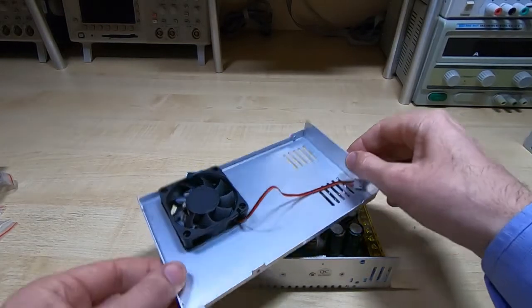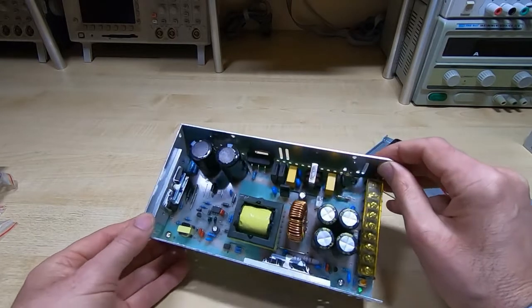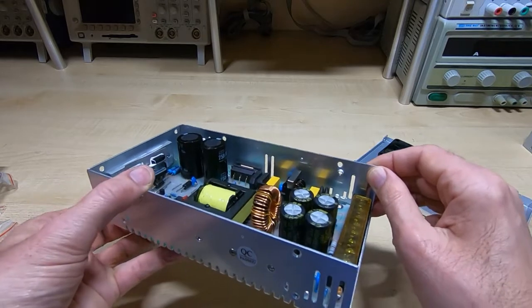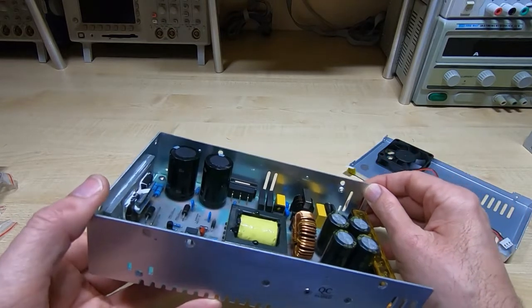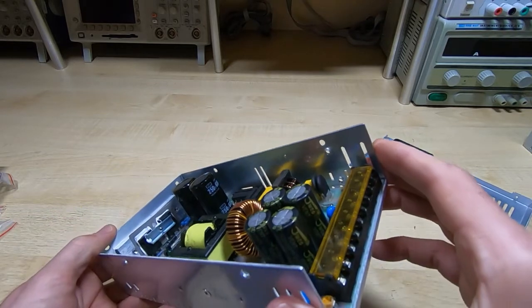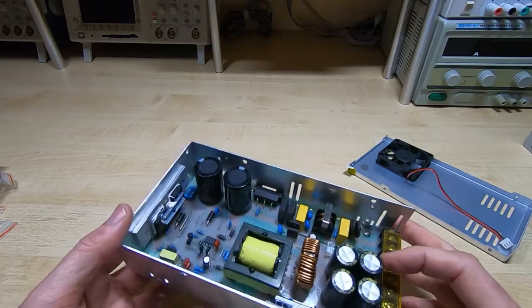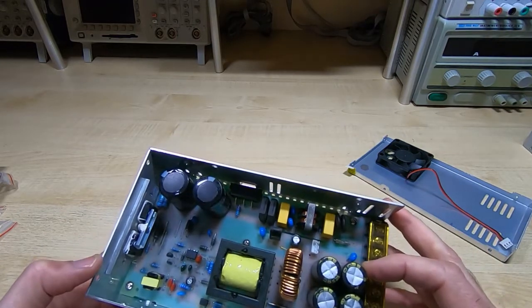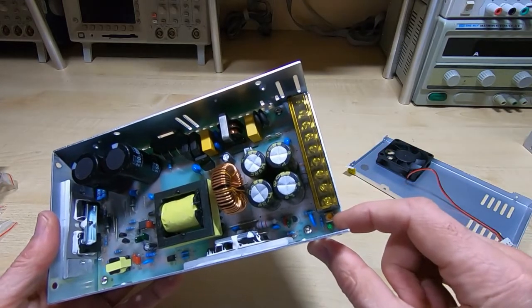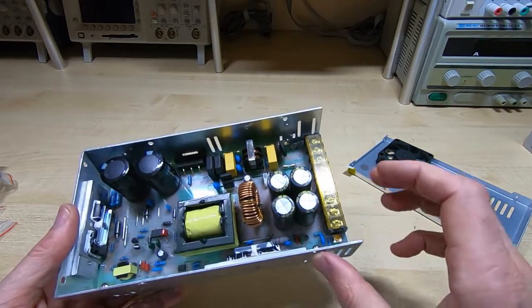Okay, so I've taken the top cover off. I've had a look inside, and it's the expected layout. Quite nicely made really for a cheap device. The main thing I wanted to check was that the capacitors were rated for 60 volts or more. Obviously I don't want to have these running at a voltage where they're going to fail very quickly. Also what I'll probably end up doing is turning the voltage up above 60 volts. That will give me the ability to run the